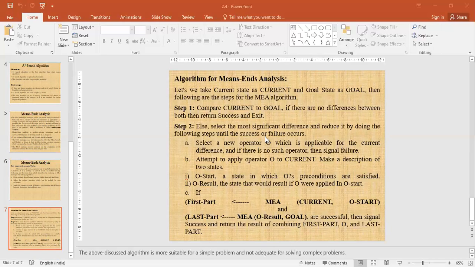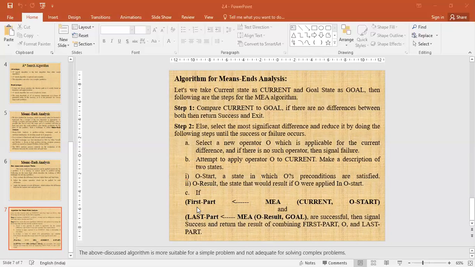O-start is the state in which all preconditions are satisfied. O-result is the state that would result if O was applied in O-start.